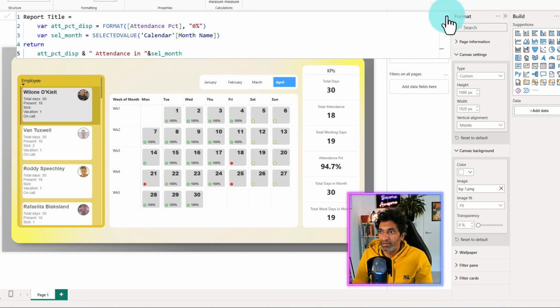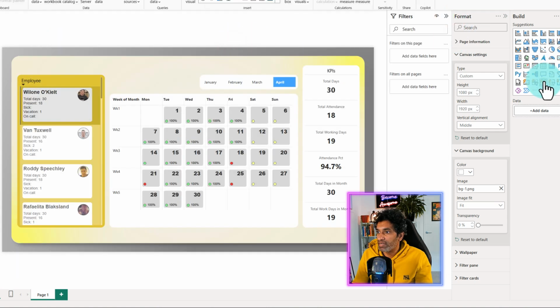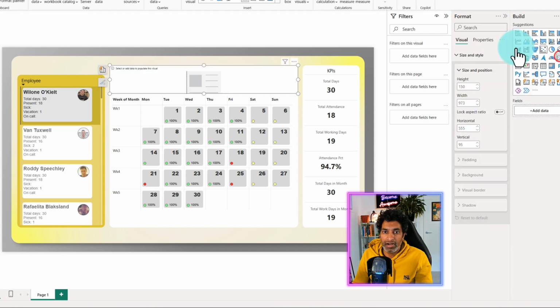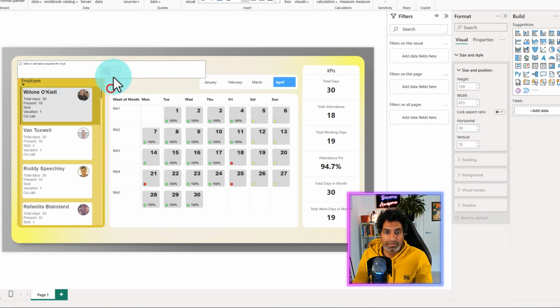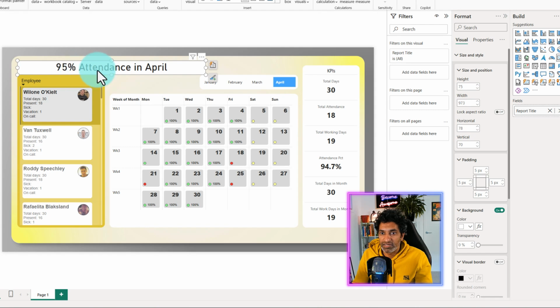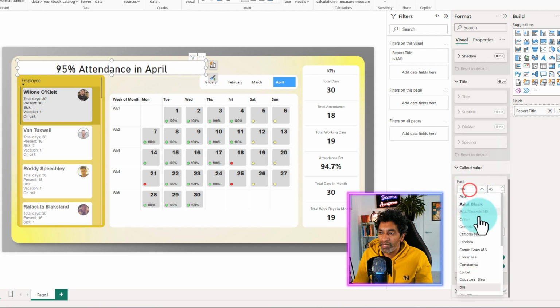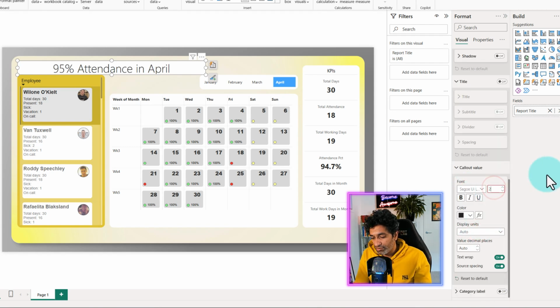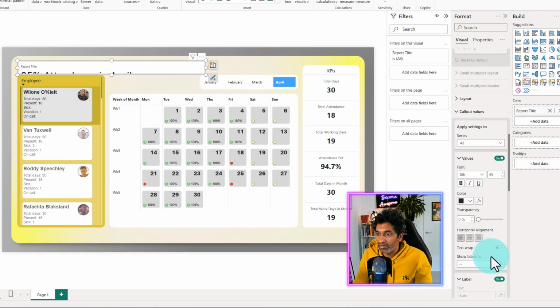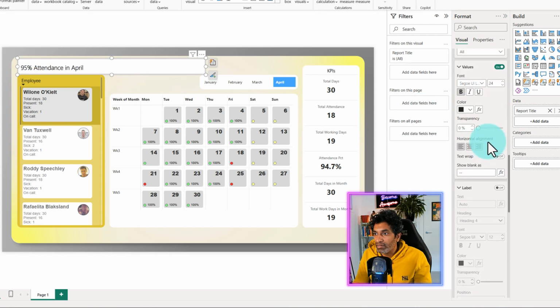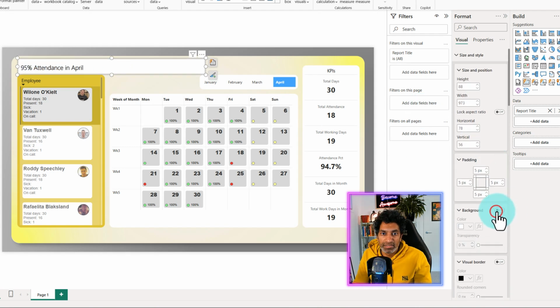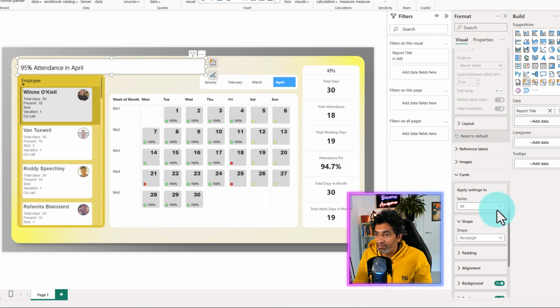Let's add that. Let's collapse these, and let's add a card visual. Place that there, and let's add the report title there. So this is going to come up like that. We're going to tweak some of these things. We don't need the label. Callout value is Segoe UI Light, 24 points, bold, and I don't think we can adjust the alignment, so I'm going to change this to that, and then let's take out all the backgrounds from this so that it just looks like